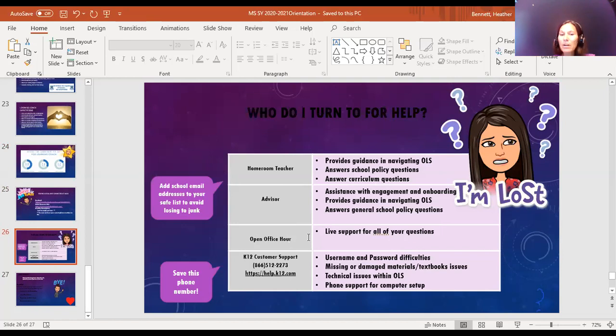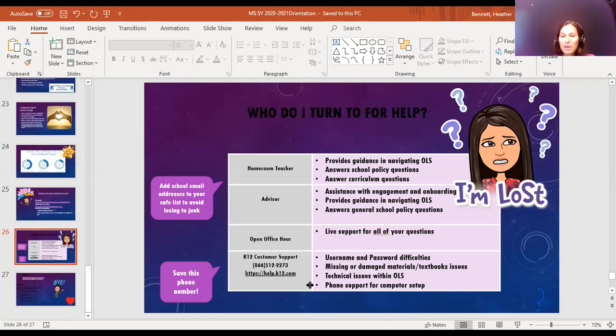So please hop into our office hours. That's a way for you to just jump in there and get us. We are not answering email or phone calls at that time, so you will have our full attention. You don't have to stay the whole time, but it's a great way to connect and ask those questions.